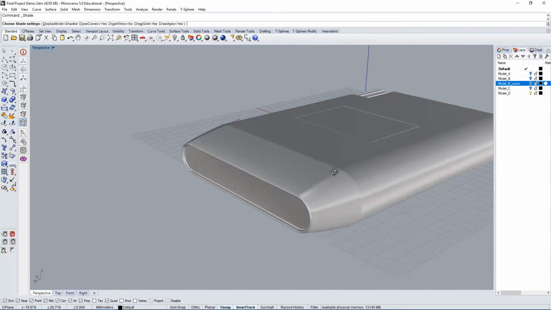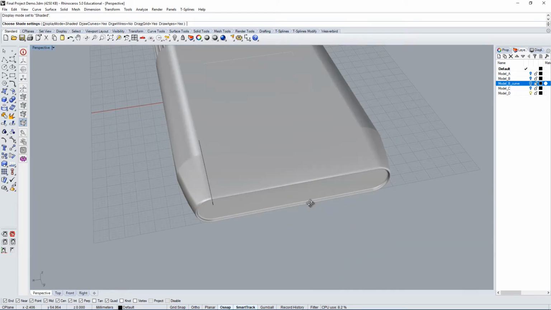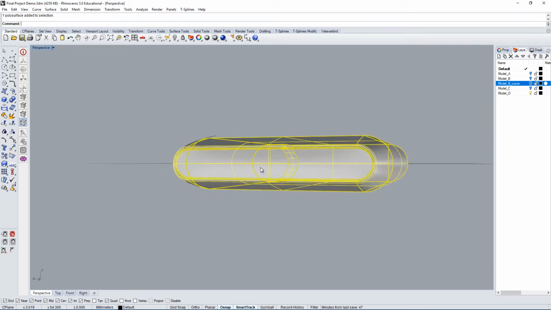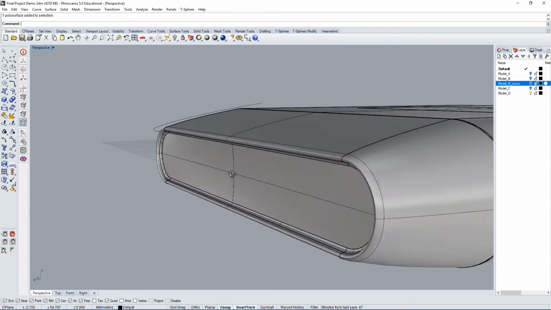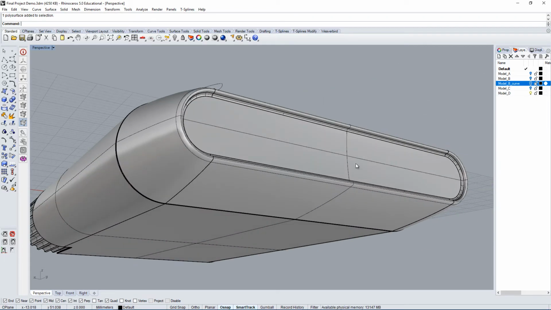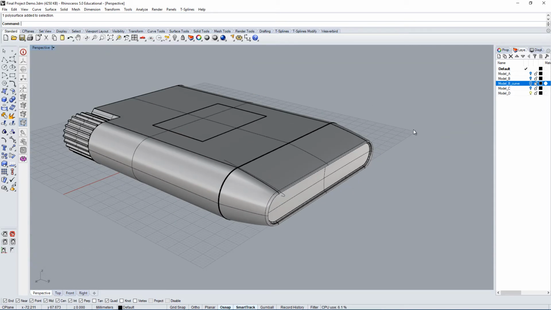You just have to spend the time, make sure you overbuild your surfaces so that they intersect, and go back and forth between trimming and building fillets and taking a flat surface, making sure it's concave if that's your design intent, and making sure everything is trimmed correctly to get this nice clean object. So I hope this was helpful and that this answers a few questions about creating compound surfaces for this type of relatively complex objects.